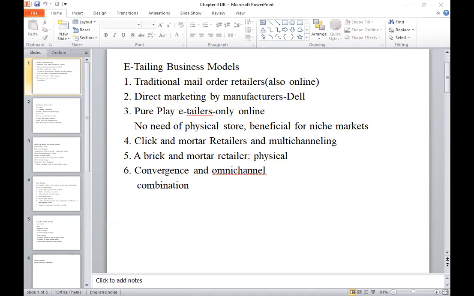Again, today, we are on the normal mode, right from online to offline. Then what will happen to the online? Maybe many of the companies will think of having both. That is also a possibility. The traditional mail order retailers, also online, it is known as the traditional mail order, which we used to follow traditionally. Now, when we speak about B2B businesses,